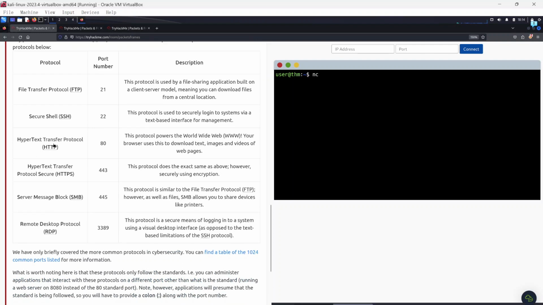All right. Hypertext Transfer Protocol, HTTP, runs on port 80. HTTPS runs on port 443, and they have similarities. The protocol powers the World Wide Web, www. Your browser uses this to download text, images, and videos of web pages. In the case of HTTPS, the Hypertext Transfer Protocol Secure, which runs on port 443, this protocol does the exact same thing as HTTP for the World Wide Web, however, securely,